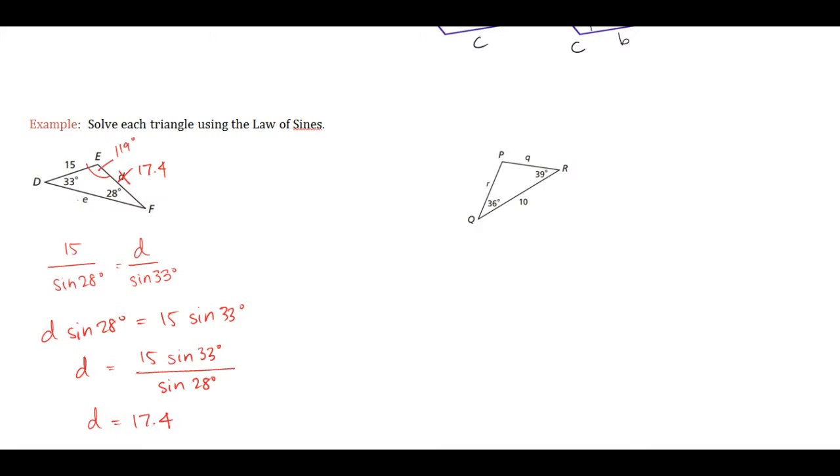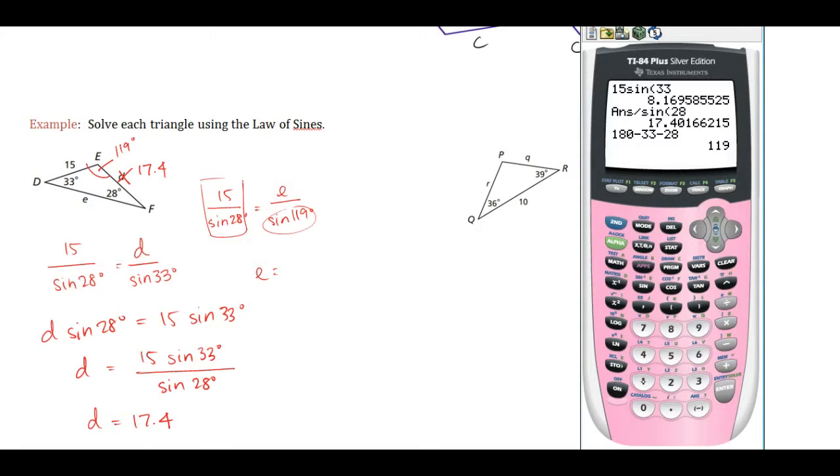And last but not least, I need little e. And again, I'm going to use that same thing. I had 15 over sine of 28 equals little e over the sine of 119. Now, a different way, I cross multiplied the first time. Some kids will just figure out what this is and then multiply it by that because they multiply it to the other side. And so that's a fine and dandy way too. If you want to do 15 divided by sine of 28, find out what that is, and then multiply it by the sine of 119,